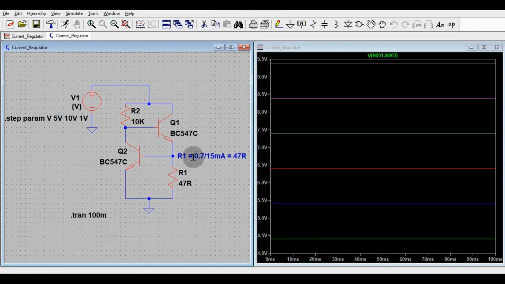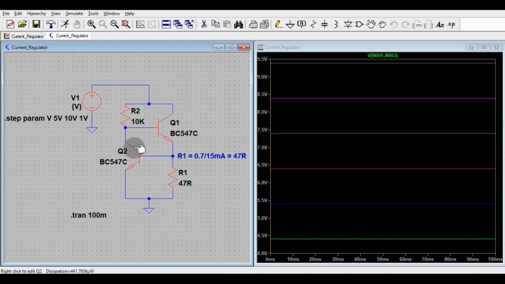And when your input is 10 volt, the voltage drop across this transistor is around 9.3 volt. That means this transistor is handling more current across it. It is dissipating more power across it. That is why it is called a power transistor, and your current is limited by this resistance R1.